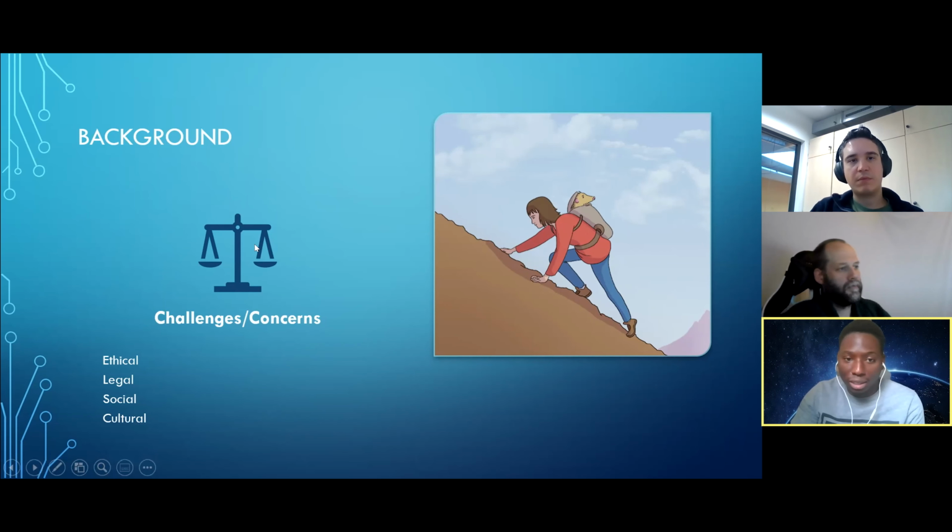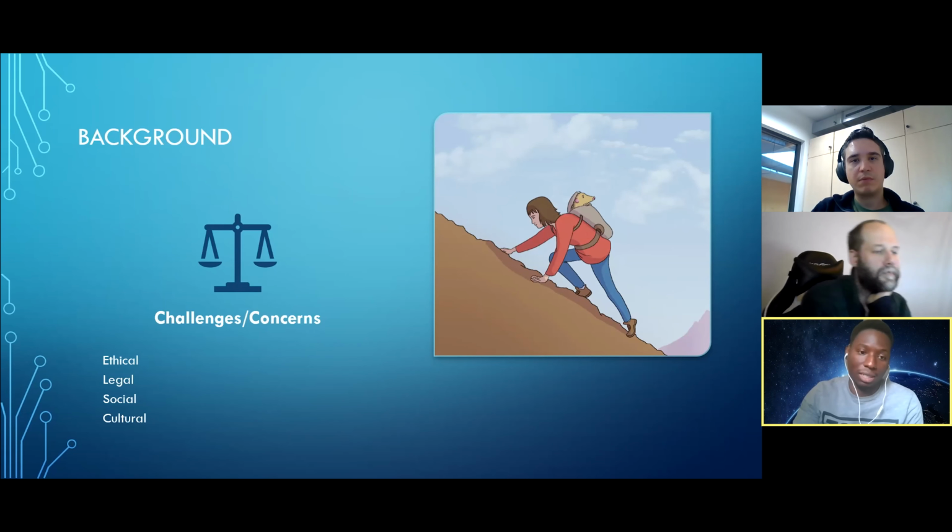Some of these challenges are ethical challenges because these regions have different ethical standards. What is considered privacy in one region, for example Europe, is not considered the same thing as privacy in, for example, Asia. There are also legal challenges in terms of reciprocity in laws.